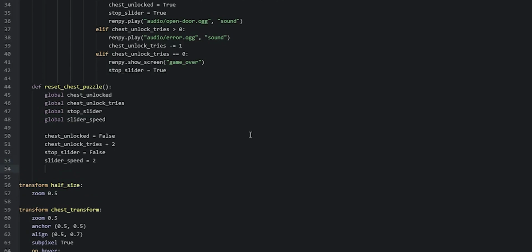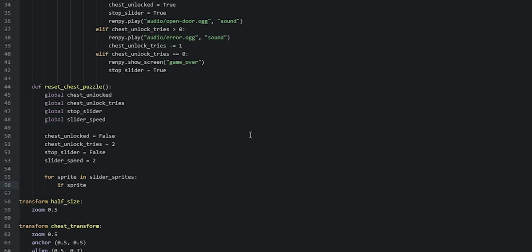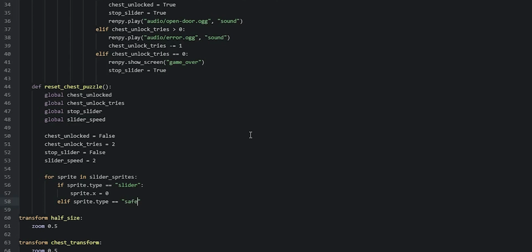So for that we're going to create a few new lines, and then say for sprite in slider sprites, and then we're going to grab the slider sprite first and reset its position. So we're going to say if sprite.type is equal to slider, and then to reset it we're going to say sprite.x is equal to 0, and then we grab the safe zone sprite. So we're going to say elif sprite.type is equal to safe zone,